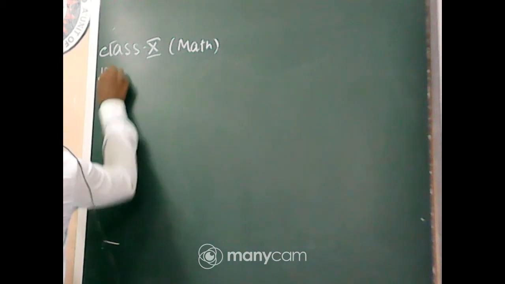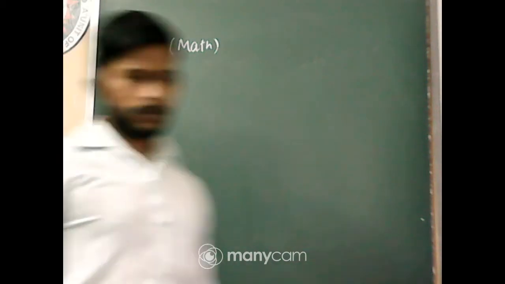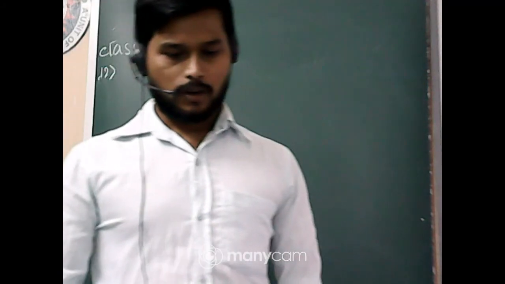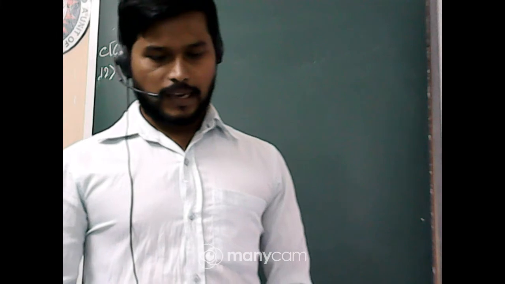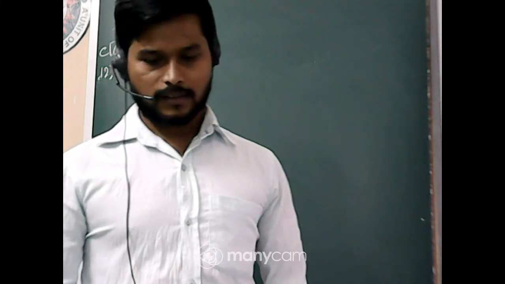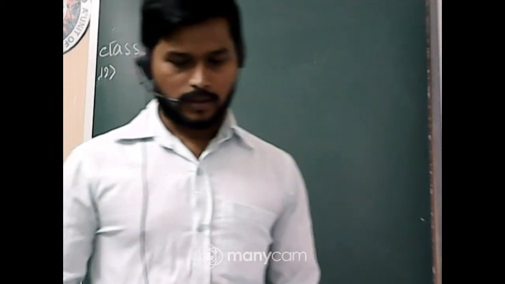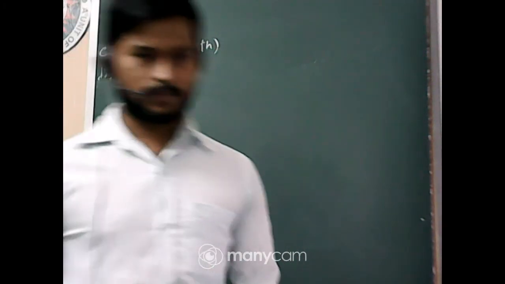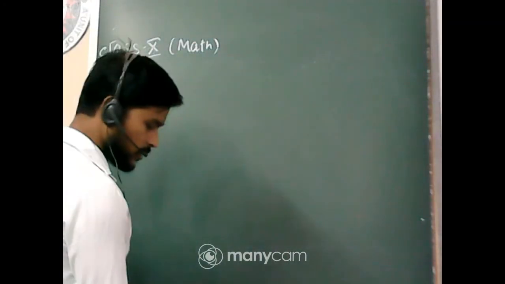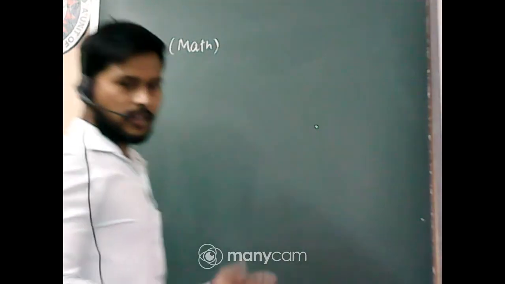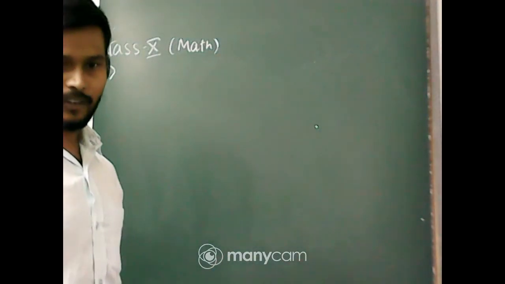Now in question number 12, the question is: to warn ships for underwater rocks, a lighthouse spreads a red color light over a sector of angle 80 degree to a distance of 16.5 kilometer. Find the area of the sea over which the ship is warned. I think all of you know what a lighthouse is. It is used to warn the ship if there is any underwater hidden rock.